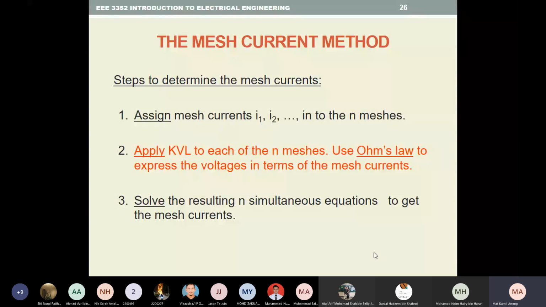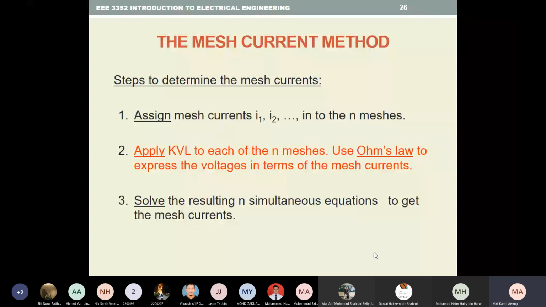So it's similar to nodal analysis. In nodal analysis, you assign node voltages at each node. So you have N nodes, so you have N minus 1. Then if it's nodal, you apply KCL and you use Ohm's law in terms of the nodal equation. For mesh, you assign the mesh current in N meshes. So there is no N minus 1. So it's N meshes. If you have N meshes, then you have N independent variables, which are in terms